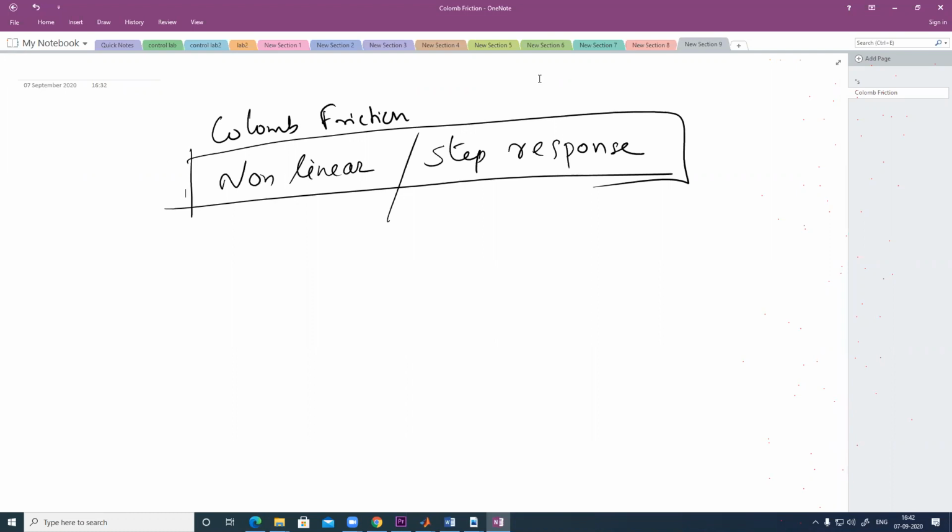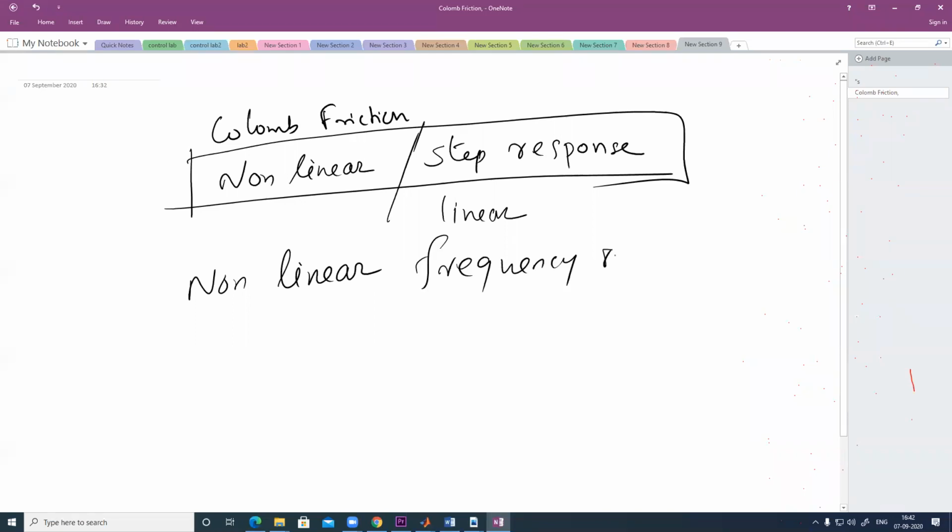So you think for 1 week about these things: how nonlinear step response differs from linear step response, and how you can plot nonlinear frequency response. So these two things you think about, and next week we can meet. Then 1 week of thinking process you have to do.